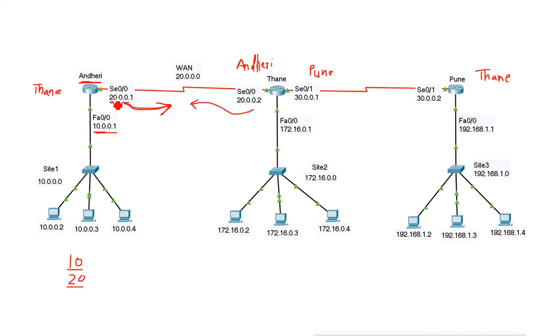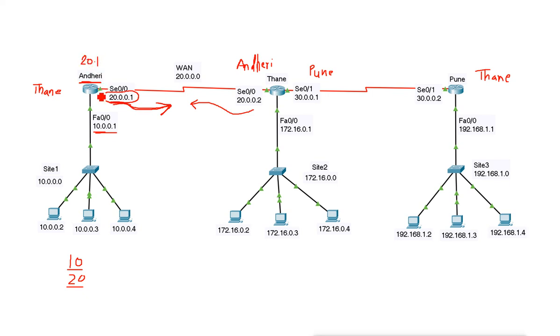The router ID for this Andheri router will be the largest IP of any interface. Between these two IP addresses, this is the bigger IP. So Andheri's router ID will be 20.0.0.1.